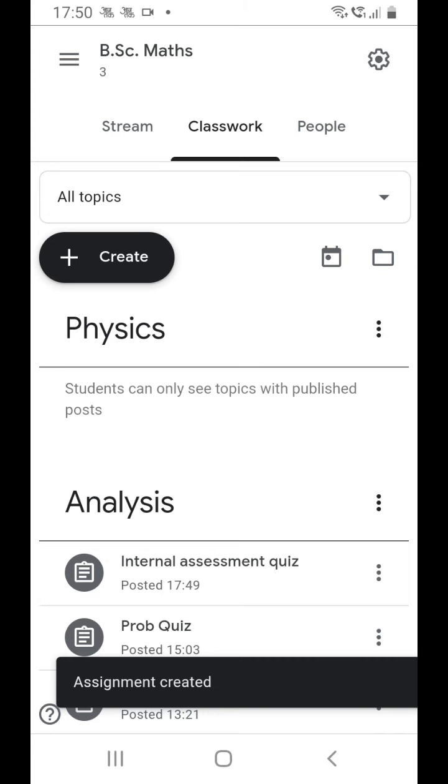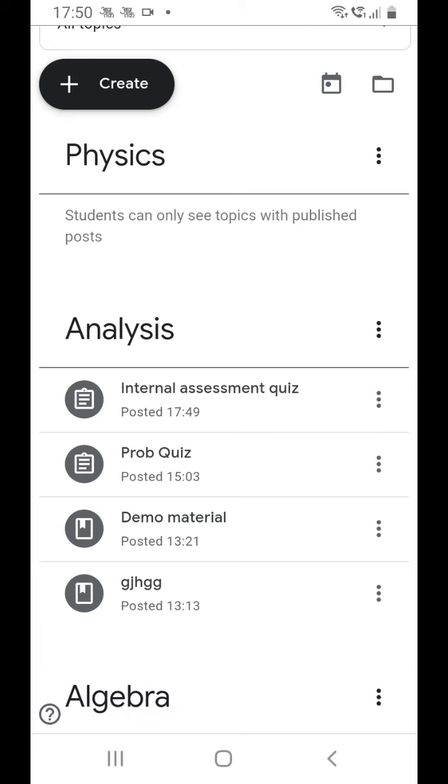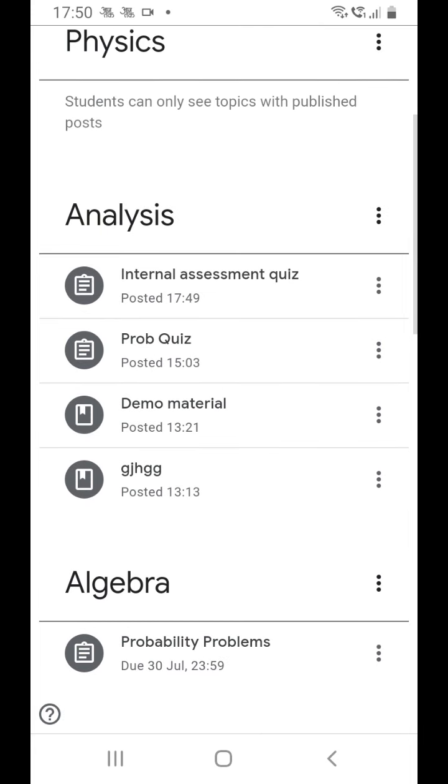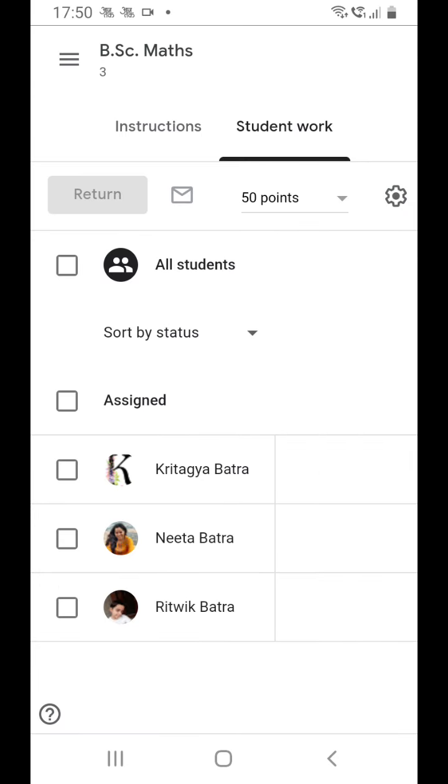Now we can see here that in the analysis topic, internal assessment quiz is assigned. You can find the title of the quiz also, probability assignment, instead of blank quiz. It is assigned to 3 students because in my classroom there are total 3 students. I can view assignment.